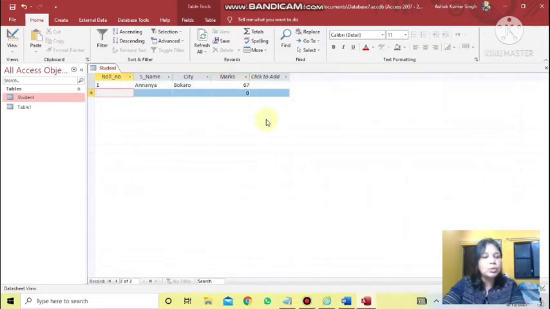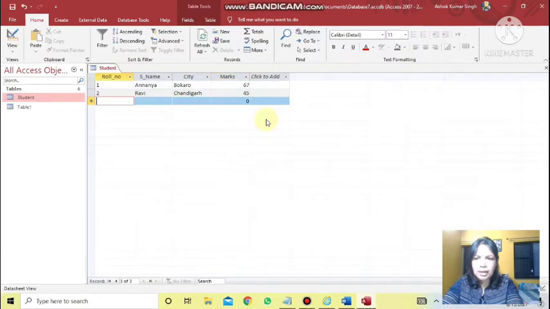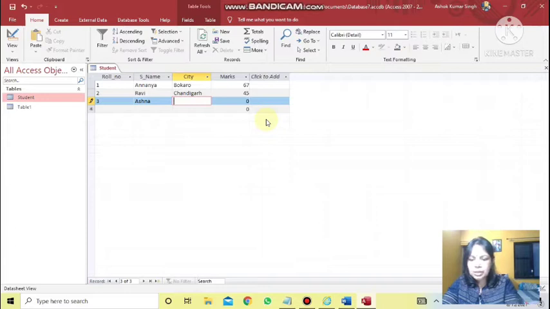You can see this row is also ready to accept the data. So we have roll number 2, tab, whatever name, Ravi, then he comes from city Chandigarh, and marks suppose 45. Then again tab key, roll number 3, Ashna, then she comes from Jaipur, then marks 78.